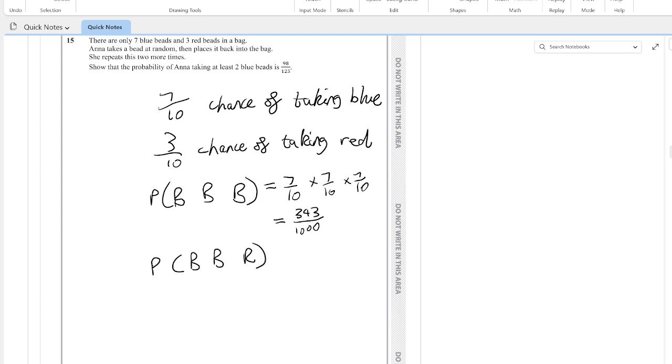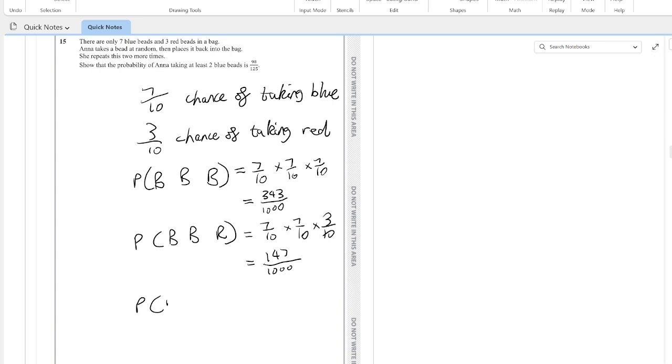Anna could also take a blue, blue, and a red. And the probability of this is 7/10 times 7/10 times 3/10, which is 147/1000. And now